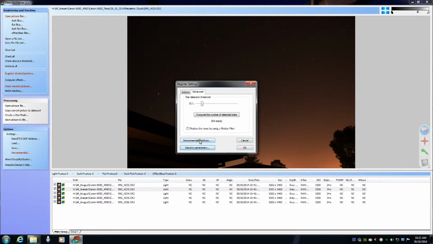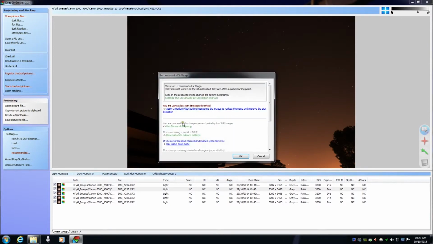That seems to look alright to me. Just make sure I've ticked that. That's fine. These are the light frames. I mean, you can go through and you can give them